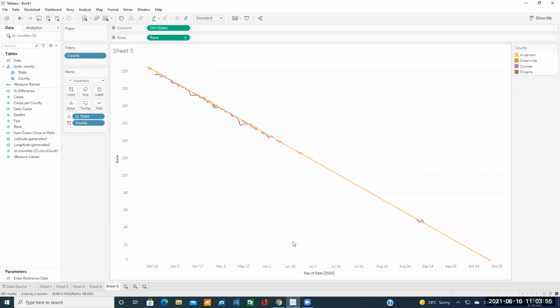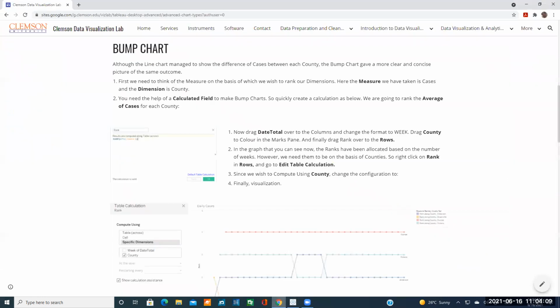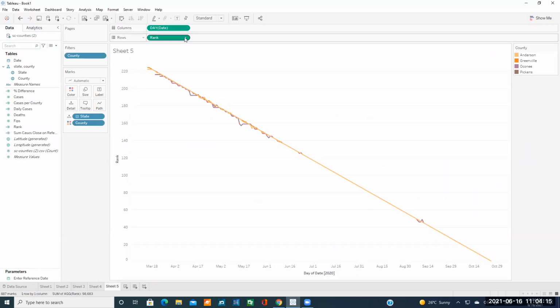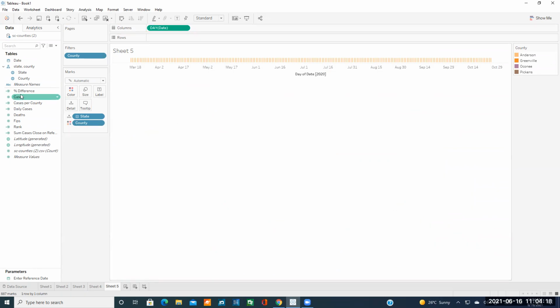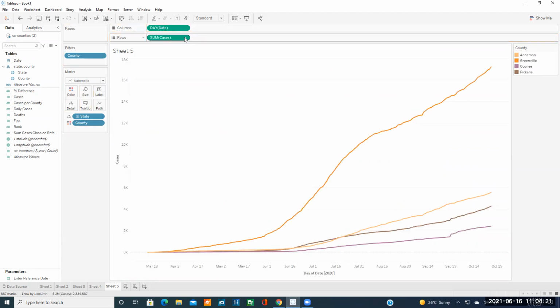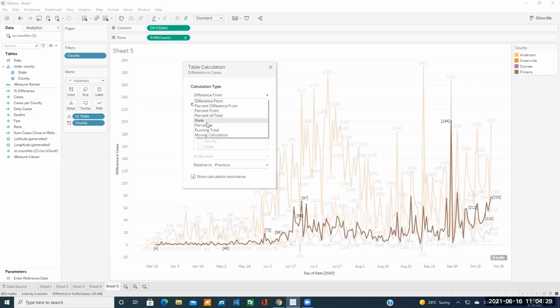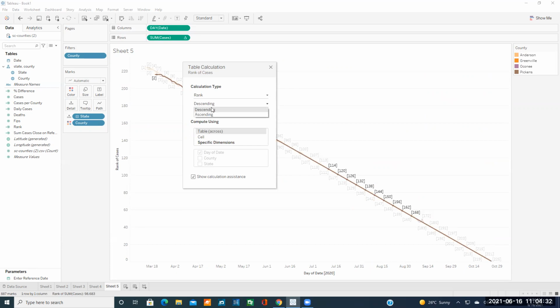So that's the reason why we see that, for example, the rank does not take just those 4 counties even if you filter. It takes the rank over all the counties. Also, there is another way that we could calculate this rank by using the built-in functionalities here. If I just drag and drop the cases and go to add table calculation and choose rank, I'm able to choose the ascending or descending order,